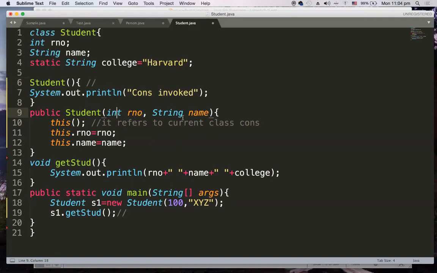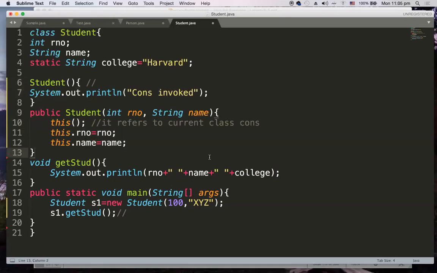When the bytecodes of this constructor are executed and this constructor is encountered, it refers to the current class constructor, the default constructor that is available, and that is going to get executed. After that, the two assignments will take place.